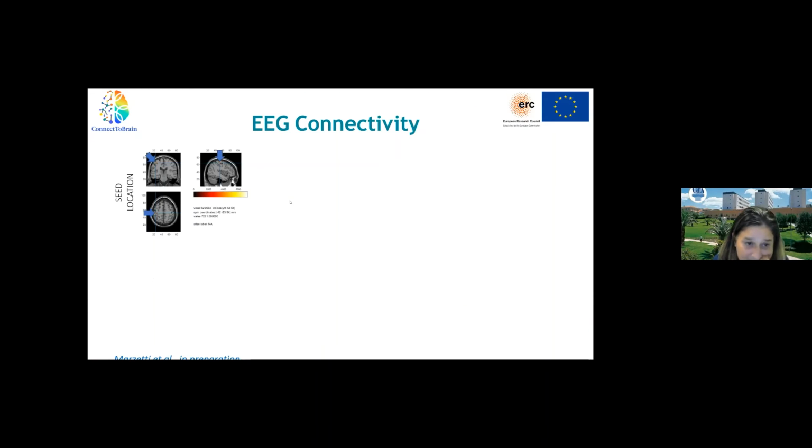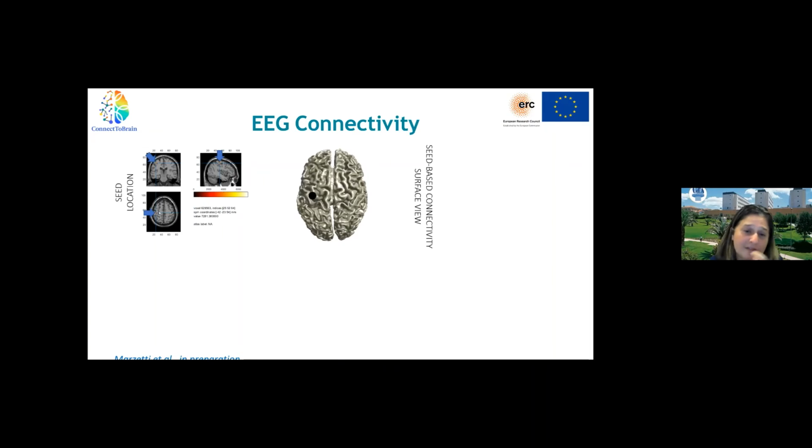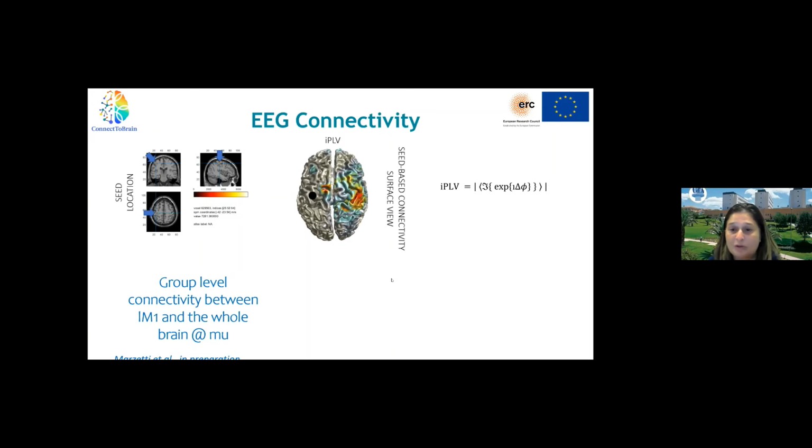So in order to understand this, we took, as I said, this period before the TMS pulse and estimated the functional connectivity with one of the metrics we have seen before between the left motor cortex and the rest of the brain. The one that you are seeing now is an average across all trials, which are about 1,000 for each subject, and all subjects. And this is connectivity at the frequency of the mu rhythm, which was identified subject by subject.